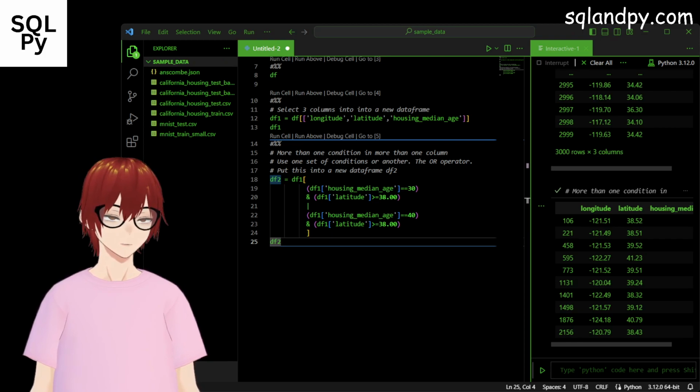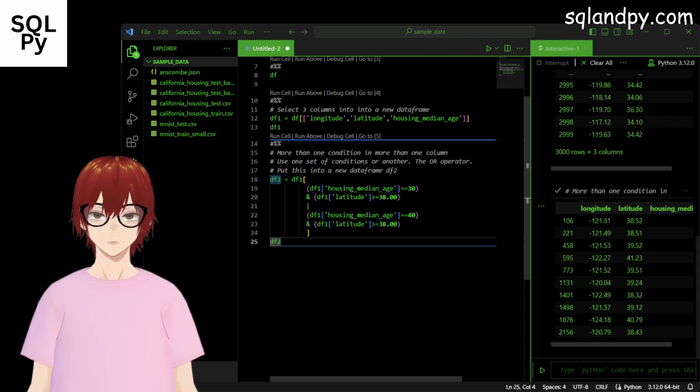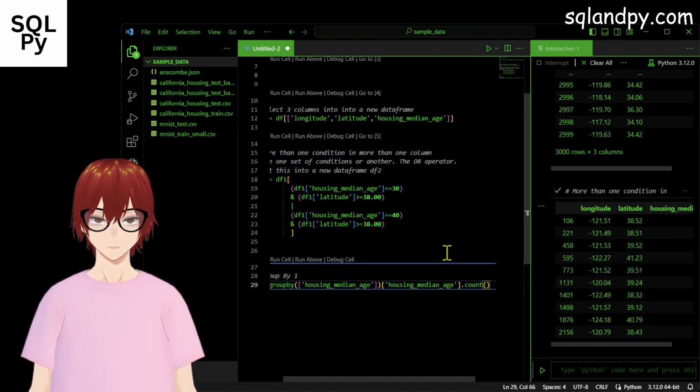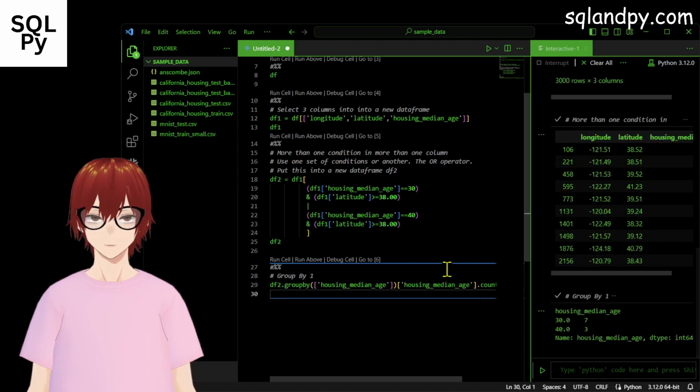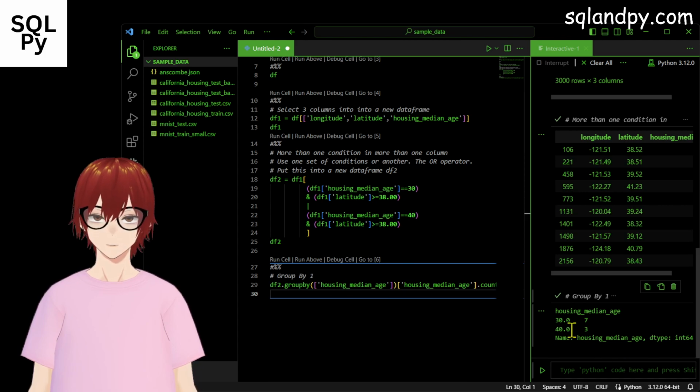Now on df2, we can make a group by like this. We can say df2, in this data frame we just want to do a count,